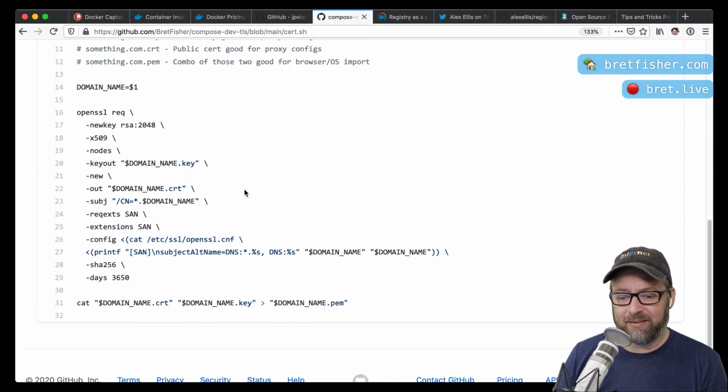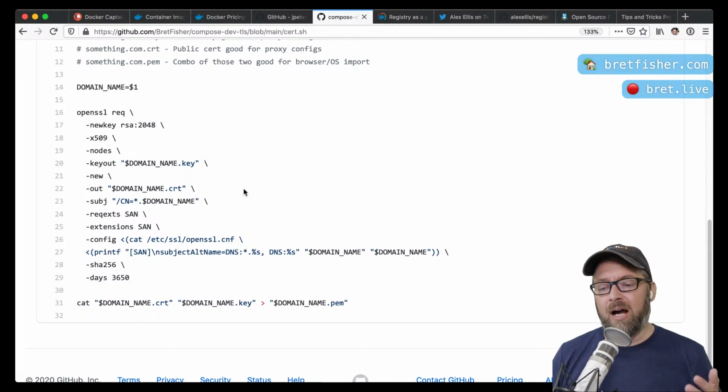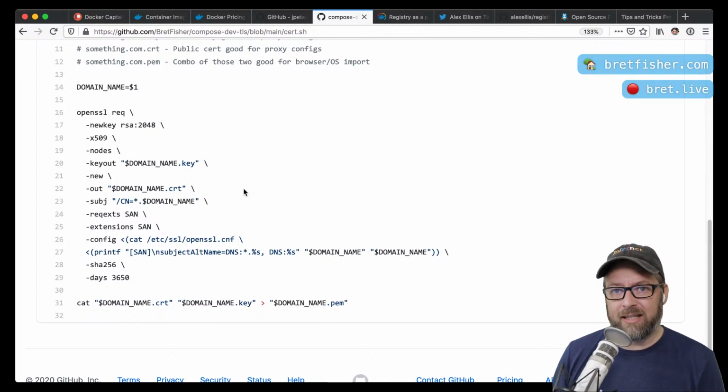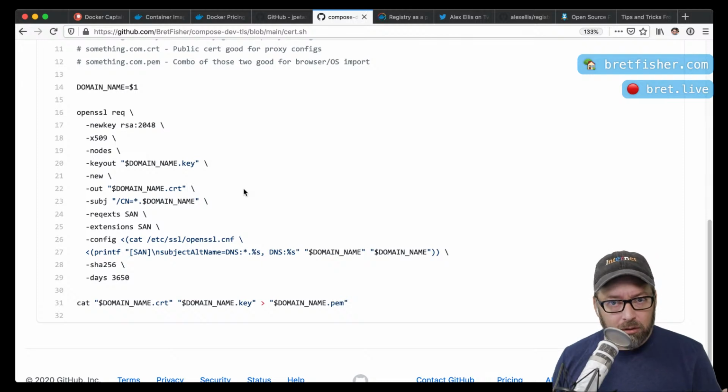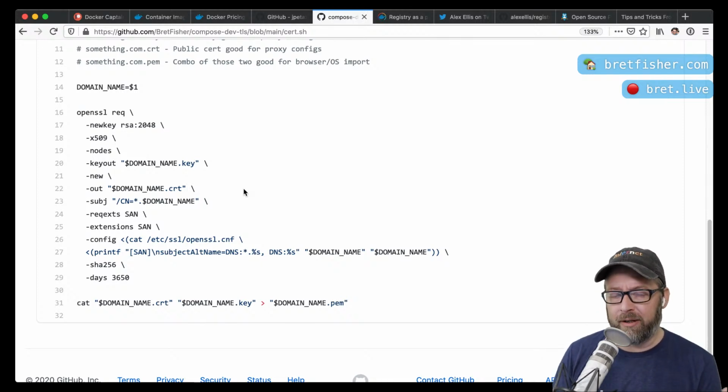essentially a one-line OpenSSL. Now, if you don't have OpenSSL, I don't yet have documentation on how to get that if you're on Windows. But basically, just Google how to get OpenSSL, download it on your machine. You can even just spin up a temporary Linux VM if you don't want to install it on Windows. All you need to do is get the files that it generates. It generates, I think, three files at this point.